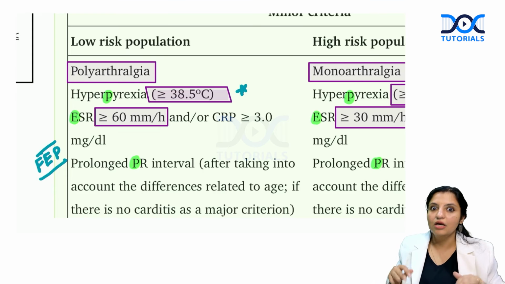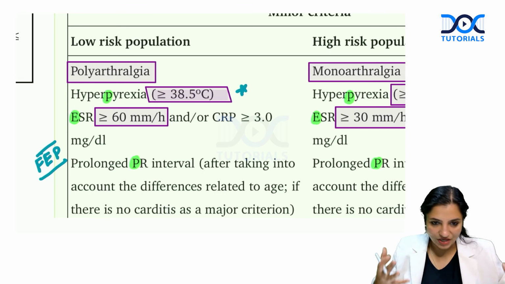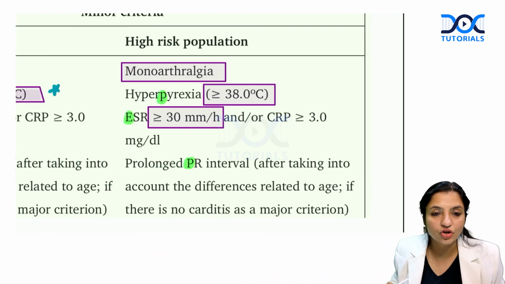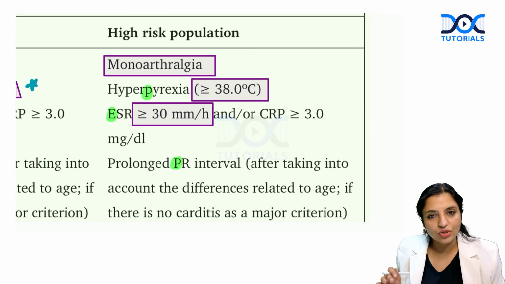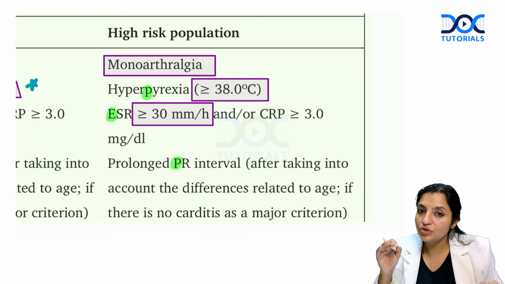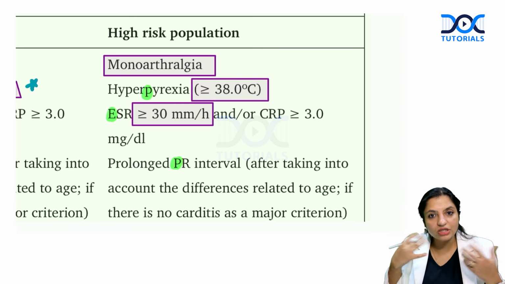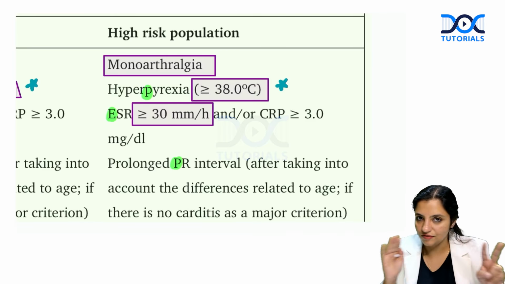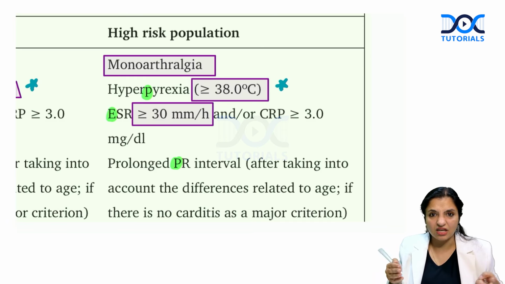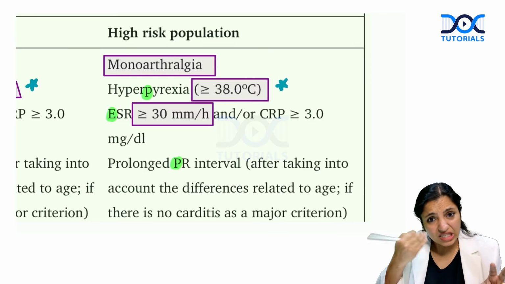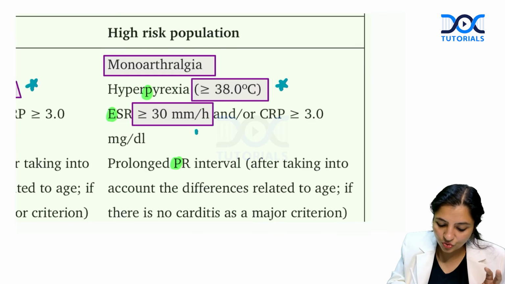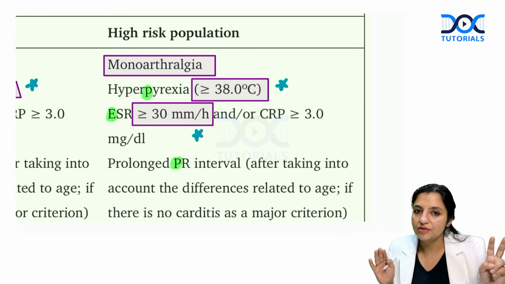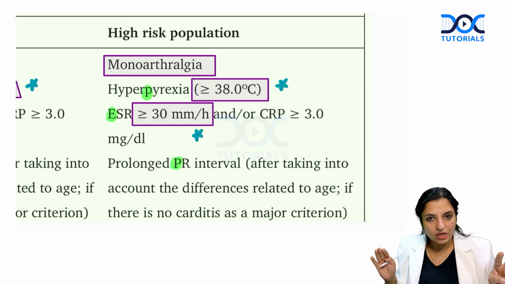What about India? Countries like India, where there is again very high risk of having acute rheumatic fever. So they said, okay, fever, but we have to decrease the cutoff. Even if the fever is more than 38 degrees, you should get activated. Second, ESR. You will not wait for 60. Even 30 is okay. So ESR more than 30, get activated. Okay, PR interval prolonged, and last,